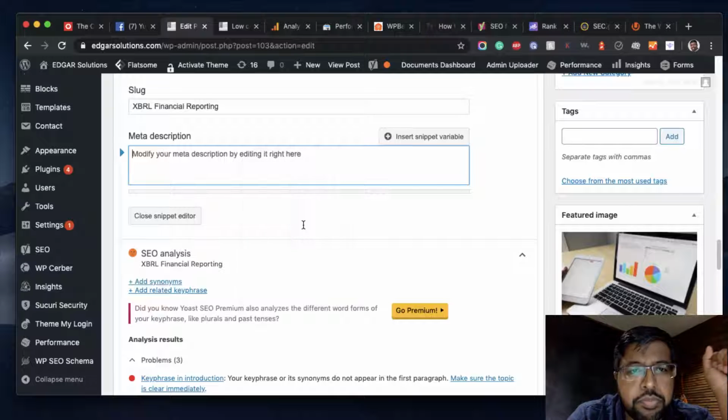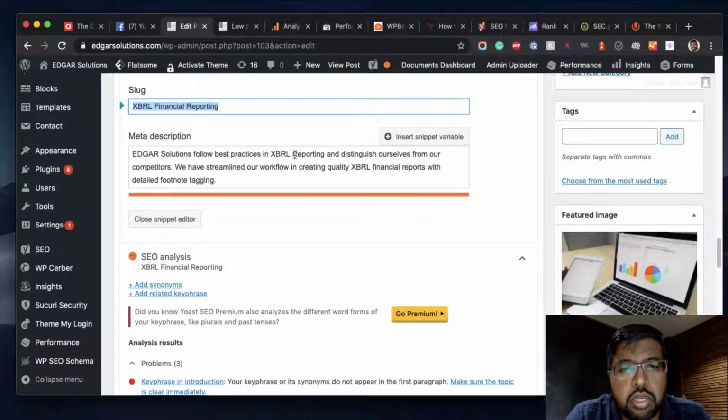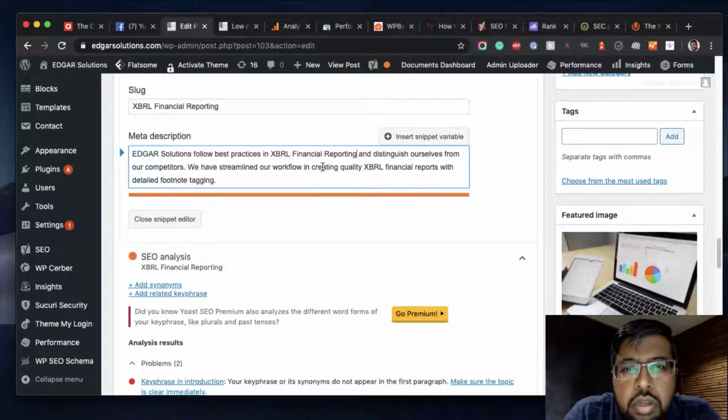Okay, let me put the meta tag description right here. So I got the solution: follow best practice in XBRL. So the keyword is financial reporting. That's a keyword. Let's see if I'm going to put that. So from our counters, we have translated our workflow integrating quality XBRL